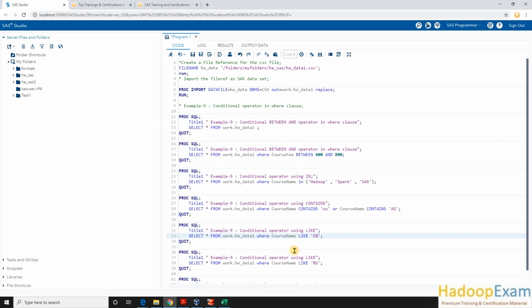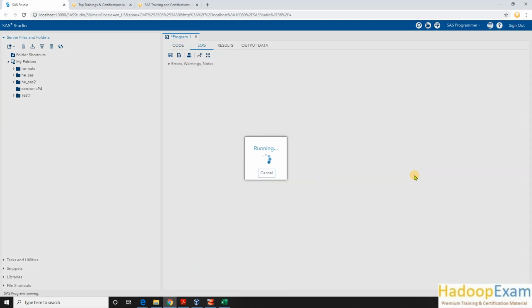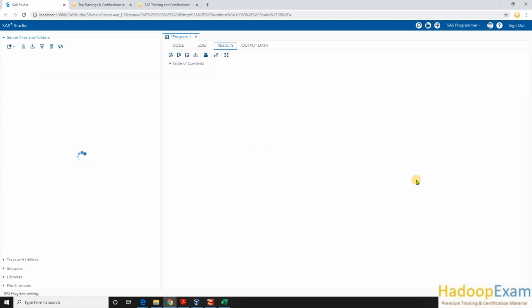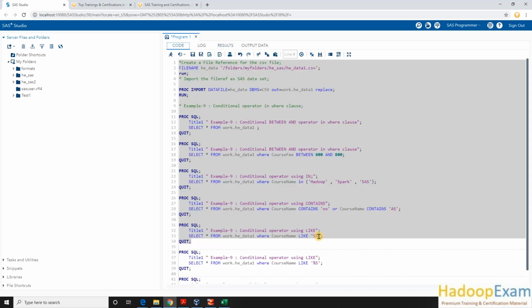So you would be saying all the courses are starting with S. Which all should be selected in the output? 3, 5 and 7, and 2 as well, as it starts with S. So all 4 which are starting with S. So you will be using the percentage sign.